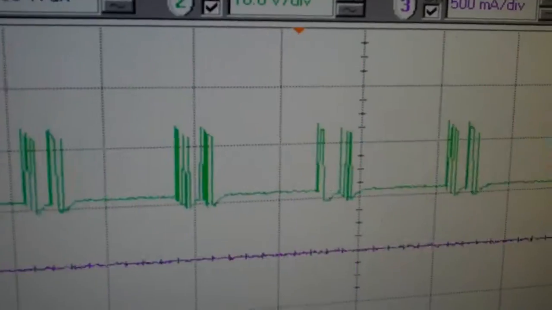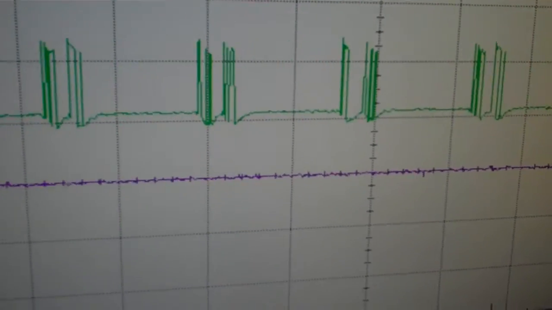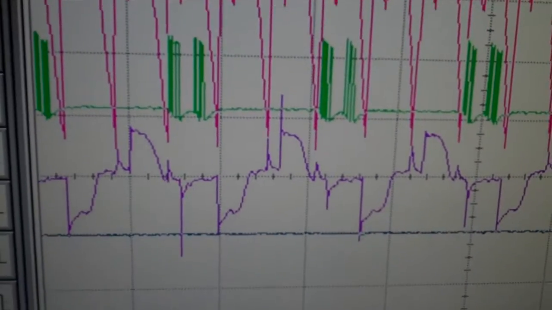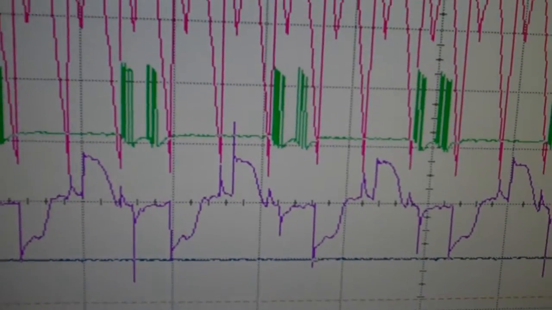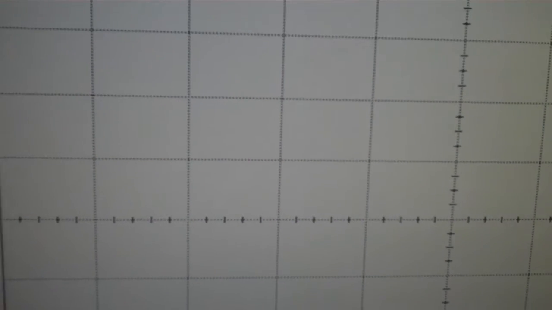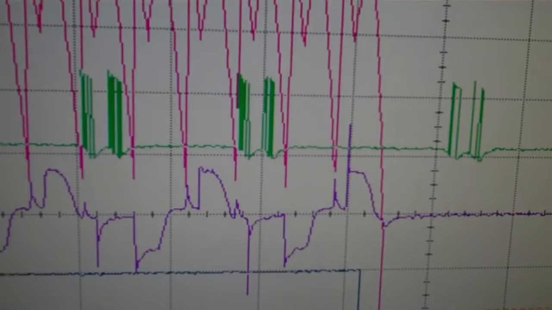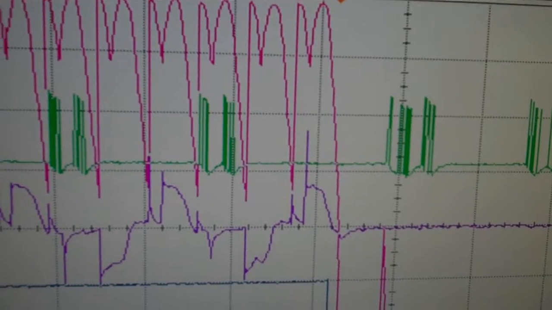The last thing we want to do is just try to capture one of these transitions. So we're going to go for a single trigger. We're going to do it on channel 1. My setup is at 6.10, so that will probably work. Okay, there it is. So if I go for another one,